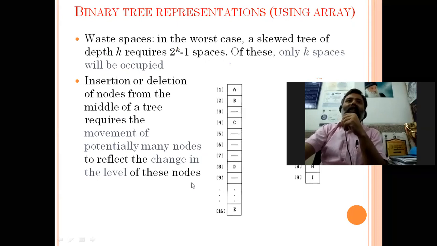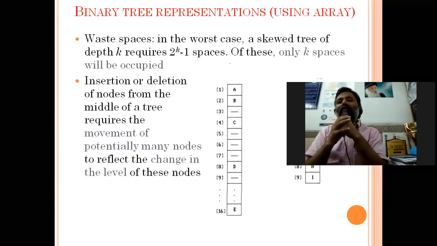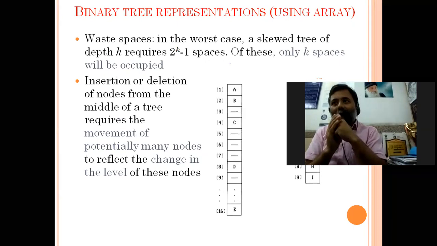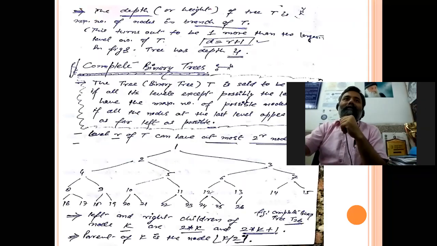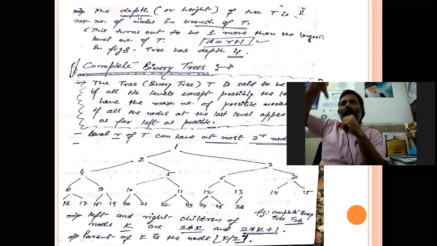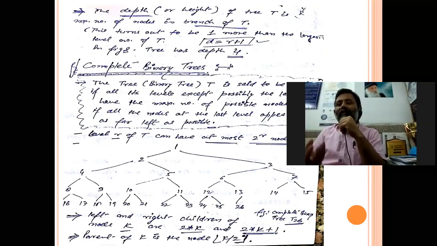So that's why most of the time we use linked list by default. But if the binary tree is a nearly complete binary tree or complete binary tree, then we use array representation. One more point: in the last lecture, I also talked about depth, and another point I would like to discuss here is height. Depth we measure from the top and height we measure from the leaf node to the root. So both will have the same value.